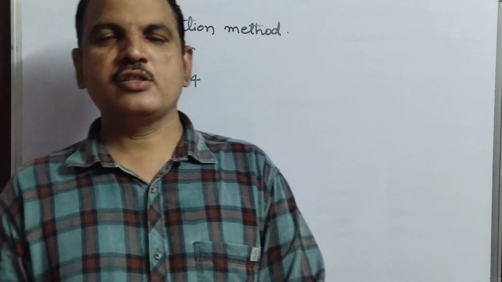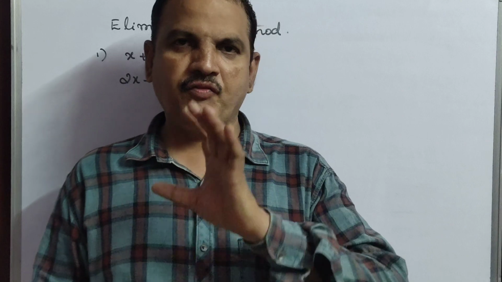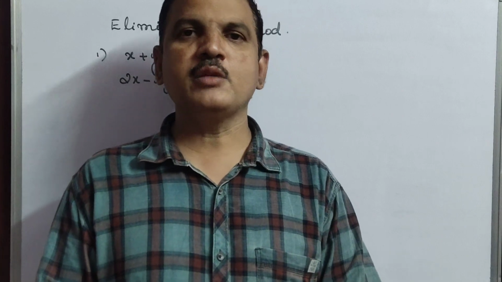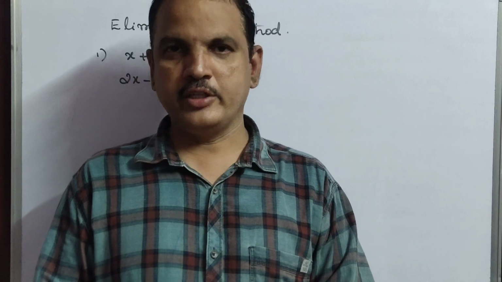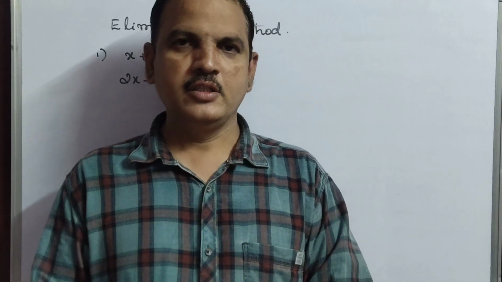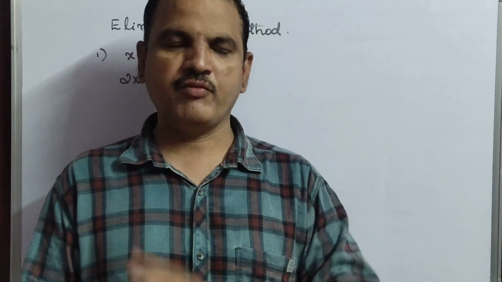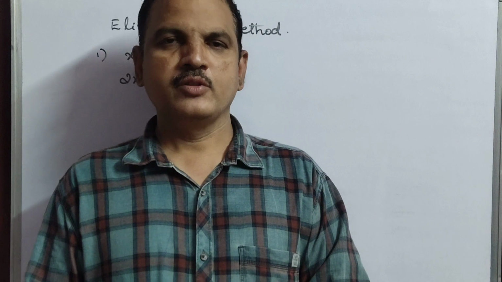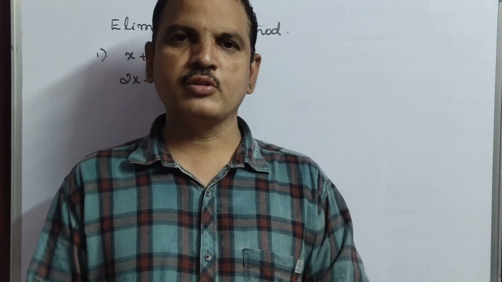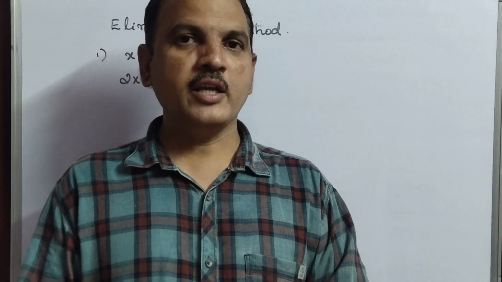In yesterday's class you learned the substitution method, and the first sums I gave you were very easy model sums so that you will understand the concept of how to do it. Why? Because in those sums we also have some fractions, like rational numbers, with LCM and everything. So those types of sums are also the same model, but first you have to make them into a perfect equation.